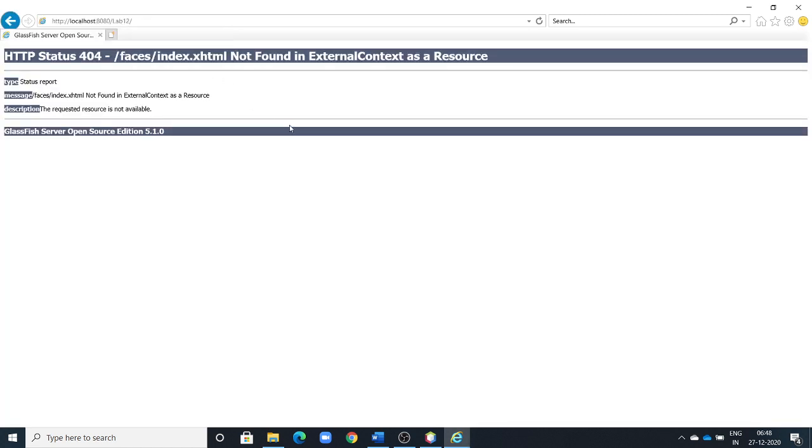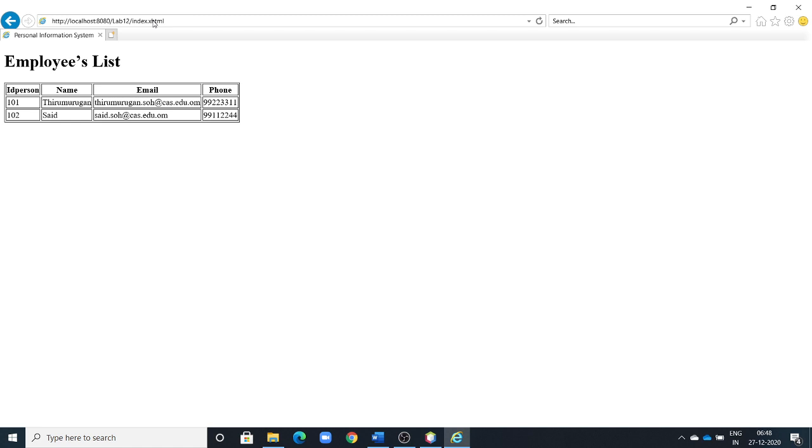What is the error? We'll read now. Faces/index.xhtml not found in the context. Okay, because we removed that one, index.xhtml. See that it comes because we removed that option. That's why it is giving error. Okay, now see that whatever I added, Thirumurugan is there, Syed also there.